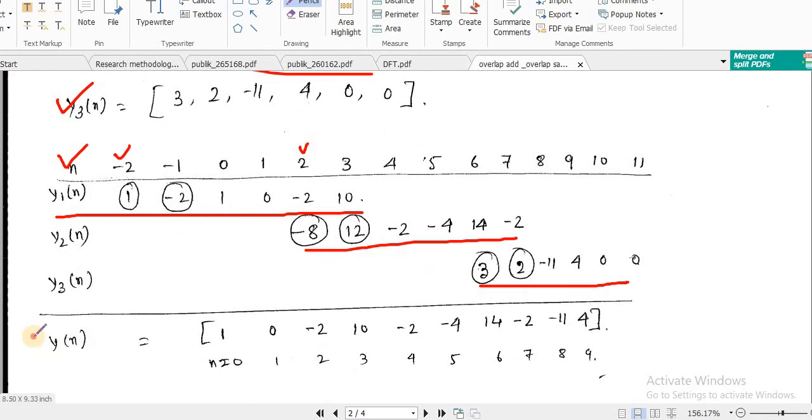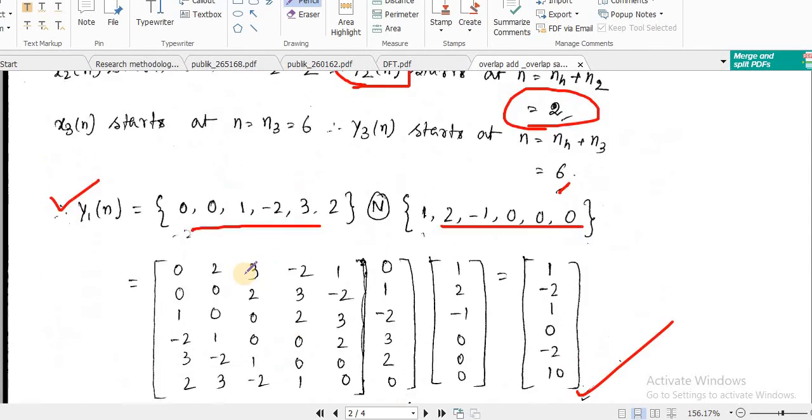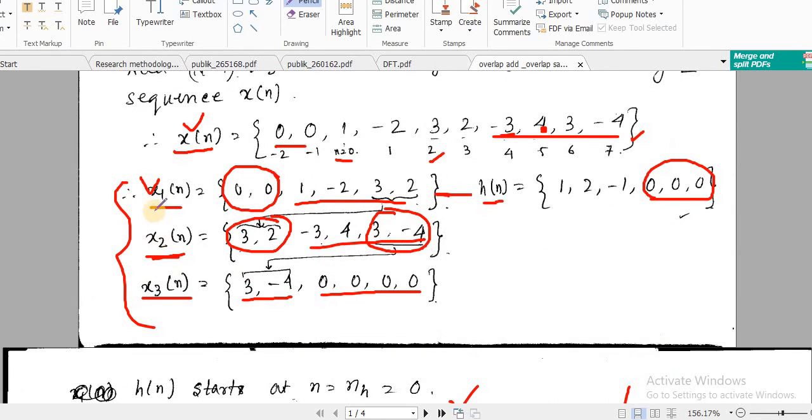Now, how to compile the final result? Since we have two overlapping points from the previous block, when we created this x1n, x2 of n and x3 of n, in every case the first two data are basically the data from the last two of the previous block.